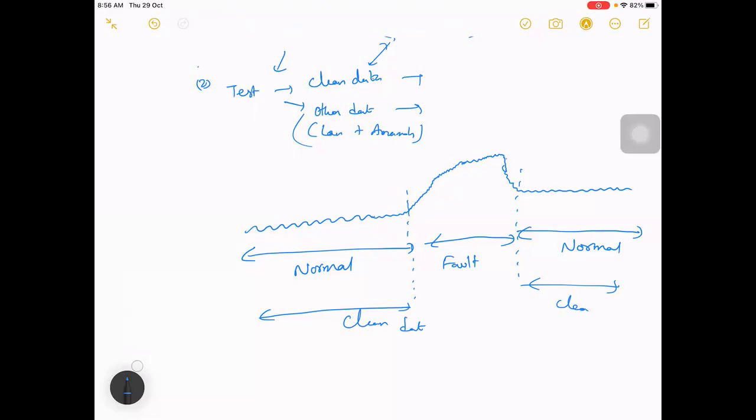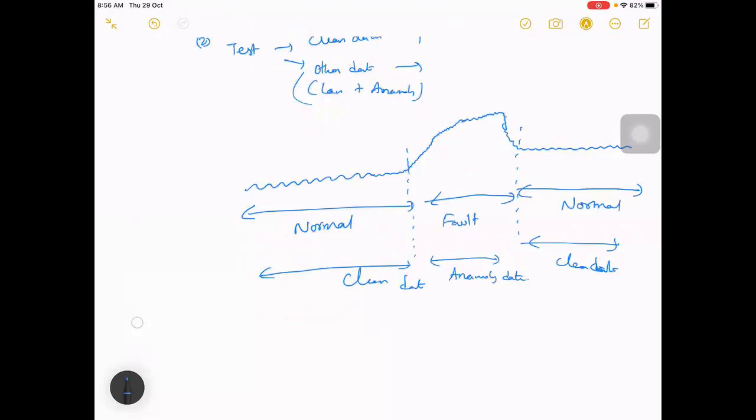But if you train a classifier instead, you are not really sure whether your fault started here, because the actual fault occurs somewhere here.